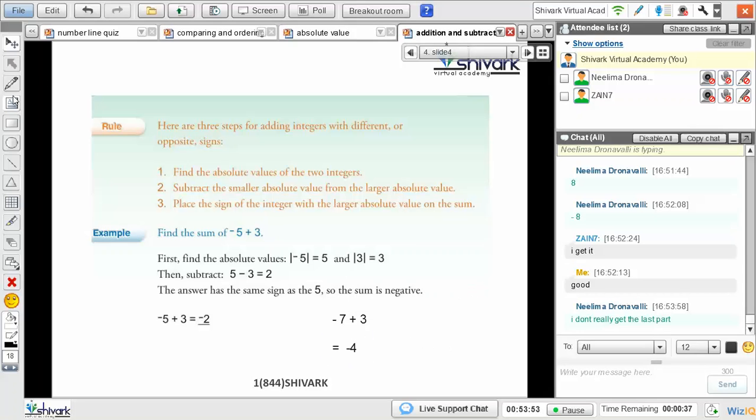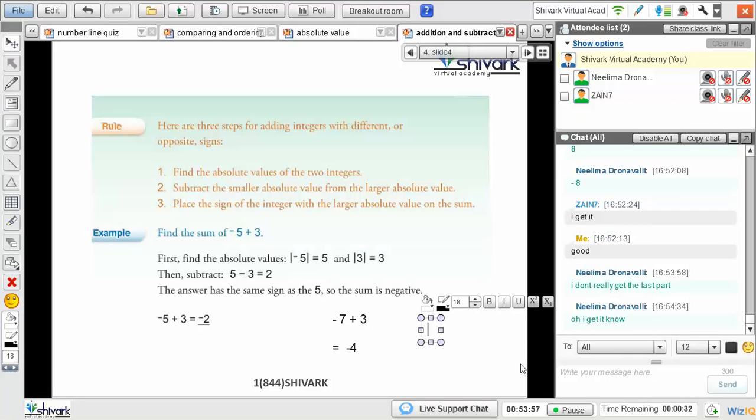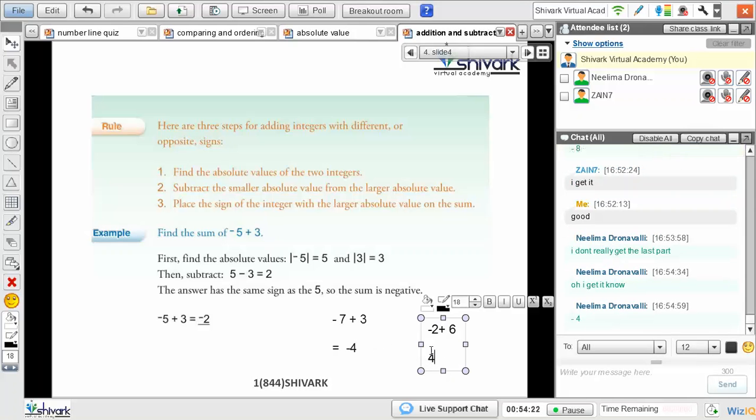Yeah, you'll get it. Let me give you more examples. So let's say I'm doing now minus 2 plus 6. Okay, so I need to find the sum. They are integers of opposite sign, so I'm going to do the subtraction. I'm going to subtract the smaller from the bigger. So 6 minus 2 is 4. Now what sign should I place? Minus 4 or plus 4? I should place plus 4. Why? Because